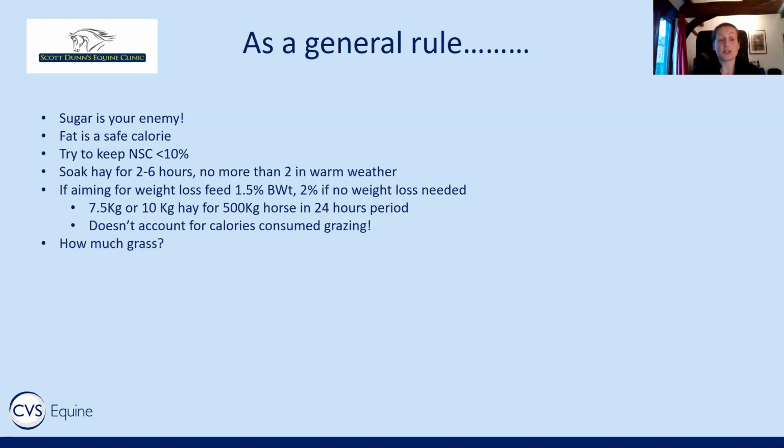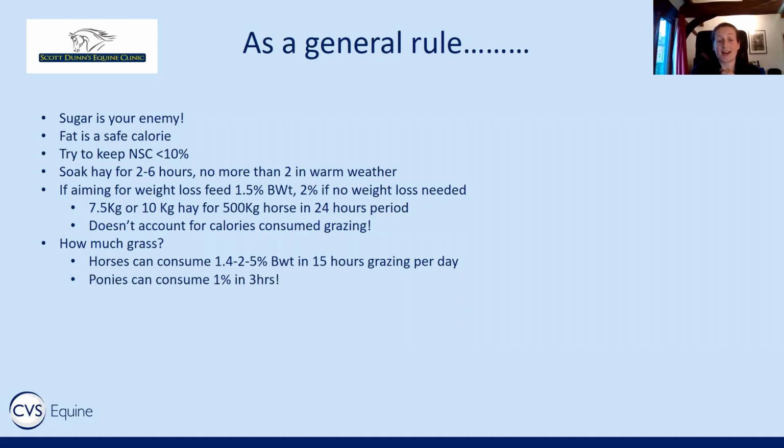So how much grass can you give your horses with PPID that have had a history of laminitis? Well, horses can consume, if they're grazing 15 hours a day, which is basically out 24/7, more than their 24-hour ration quite easily. And little greedy ponies can consume a whopping 1% of their body weight. If you're aiming for weight loss, that is nearly all of your 24-hour ration in just 3 hours. I think we all know how greedy ponies are, but even that statistic